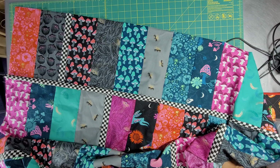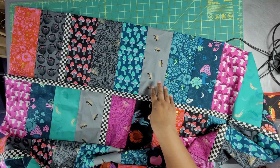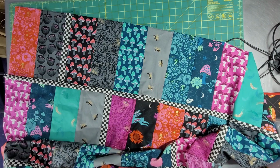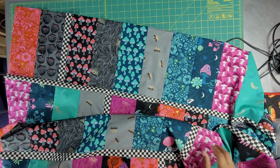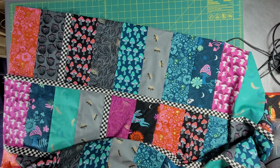I think the best way, well, this one uses yardage. There was a bit more left over than I would want. So I might actually go ahead and try this with a layer cake and just cut it in half and work with it that way. But other than that, with the yardage, you can kind of control which prints you get. So there are gives and takes to both of those. So you might want to do a layer cake and just sew them all together this way, or you might want to actually get yardage so that you can control how many of the prints that you have and when